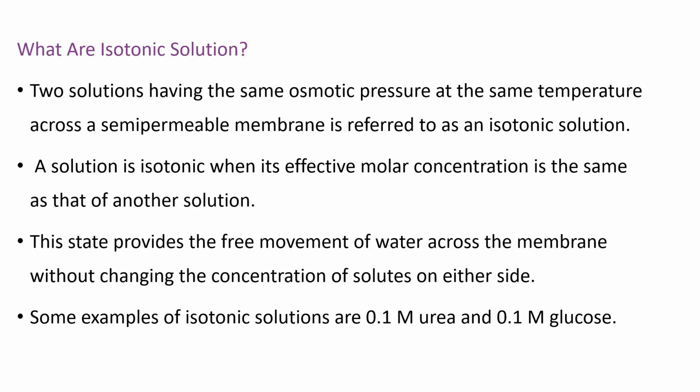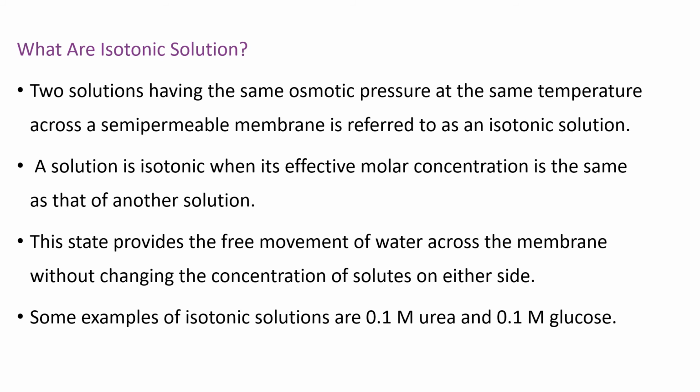An isotonic solution is one that has the same osmolarity or solute concentration as another. If these two solutions are separated by a semi-permeable membrane, water will flow in equal parts out of each solution and into the other. The effect is zero net water flow between the two solutions, although water is moving both ways.